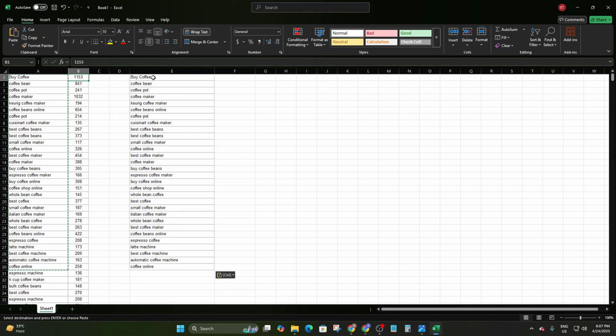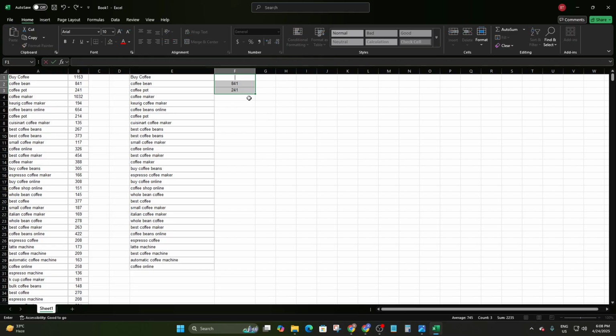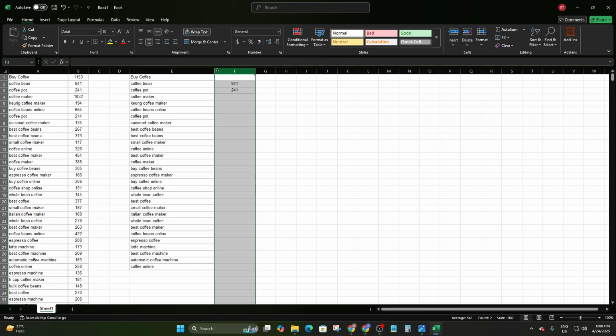So for example, if I want to add that value again in this column here, I have to do it one by one: copy and paste, copy and paste here, copy and paste here. But it is actually a time consuming process and a hassle. So I'm going to avoid this. The lookup function can help you in this situation,